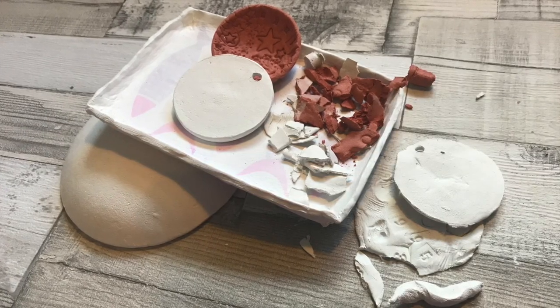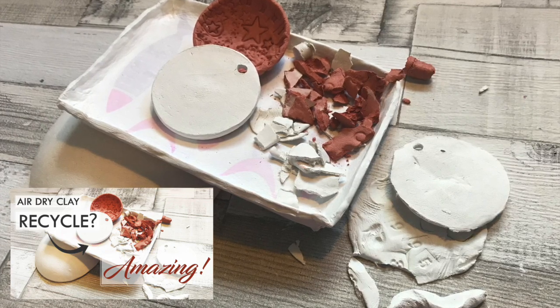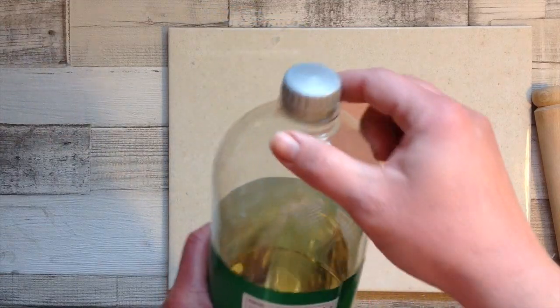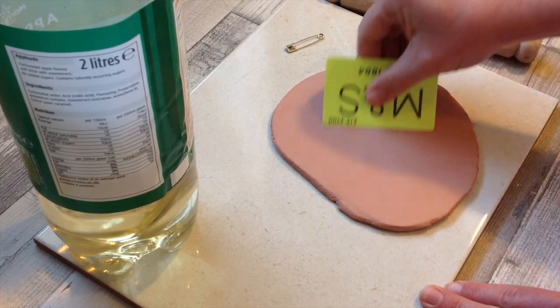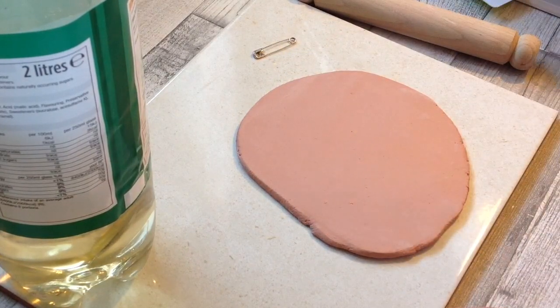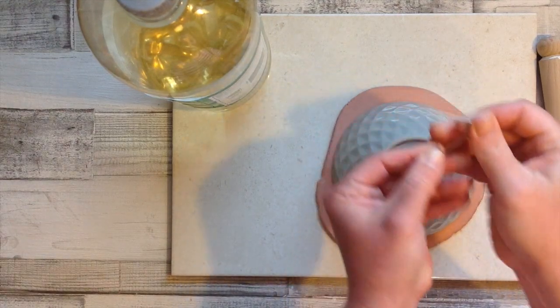To make this clay pot, I recycled this air dry clay. I'll link this video on how to recycle your air dry clay below. But of course you can make your clay pot from your chosen brand of air dry clay, my preference being Das clay. Roll and smooth your clay as I've just shown you, and we're going to take a bowl, and